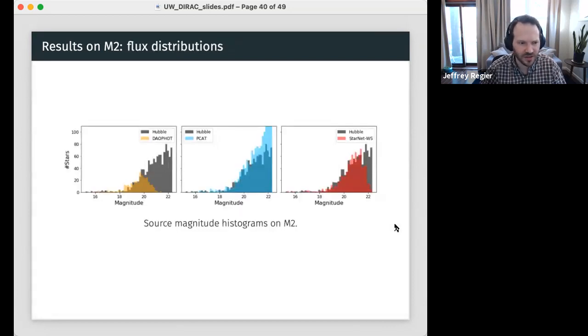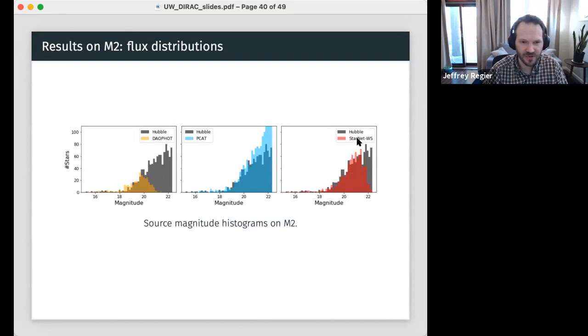To drill more down to those results, we see here the catalog from DAOPHOT, shown with magnitude of star on the x-axis. I guess this is just looking at the predictions, and in gray is the ground truth, or the Hubble catalog. The Hubble catalog goes quite deep, finding stars all the way to 22 magnitude. DAOPHOT, it looks like after about 19 magnitude, becomes hesitant to predict more stars because there's not enough signal, and